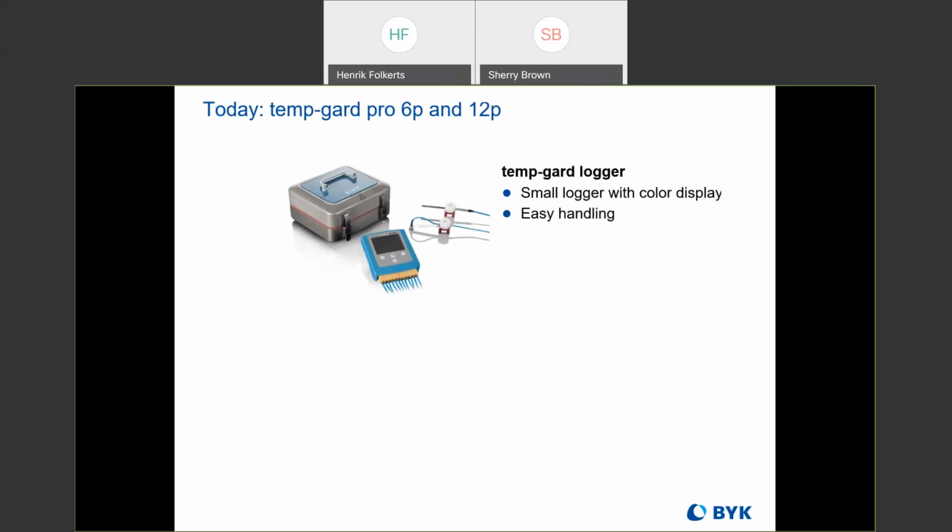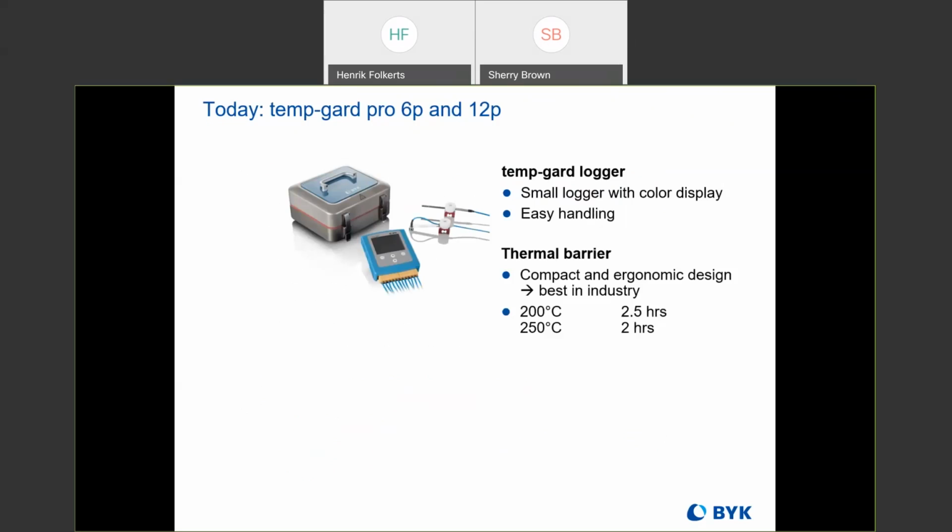So here is our product offering for recording oven temperature. This is called the Temp Guard Pro, and there's a 6-probe and a 12-probe version. And so it includes a small logger with a color display and easy handling. It includes a thermal barrier, which is that case you're seeing at the top left there, which has a compact